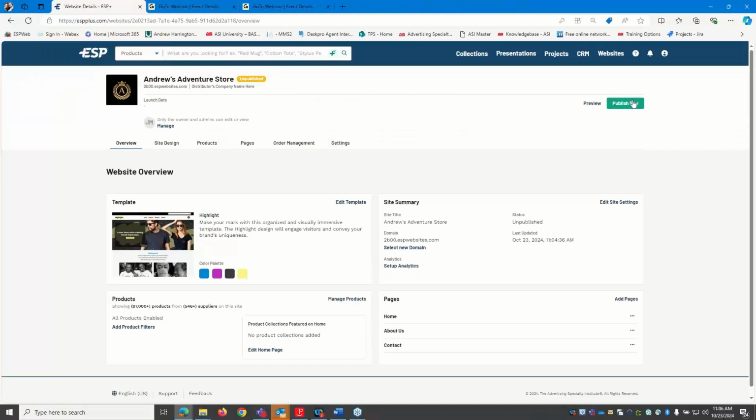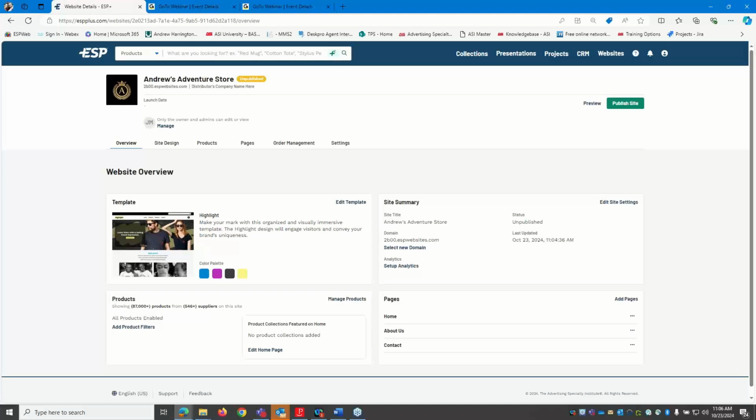Publish is going to push the website live to the world. Now, you could immediately publish this site if you wanted to, and then you could start changing things, hitting publish again, and it would update the live site as you did that. Or, like we're going to do today, you can do some initial setup, some initial customization, and then publish. That's the demo that we're going to walk through today, is editing it first and then publishing it. But as soon as the site is created, it is available to publish, even if you choose not to make